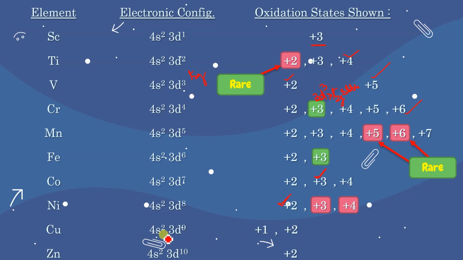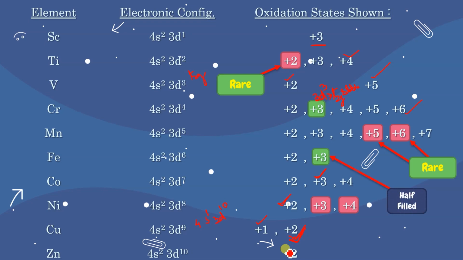Like for +1, the configuration is 4s2 3d9. If it is like this, we have to write 4s1 3d10. Sorry, let me write it like this: 4s1 3d10. So 1 electron it can lose to get this fully filled stability, isn't it? So +1 show कर सकता है. Now you can ask कि although this +1 state is going to get the fully filled stability, why will it show +2? But it shows +2 also, and +2 is more stable. Why is it so? I'm going to tell you in the next slide. Just wait. Zinc only +2 show करता है because it is going to get fully filled stability.